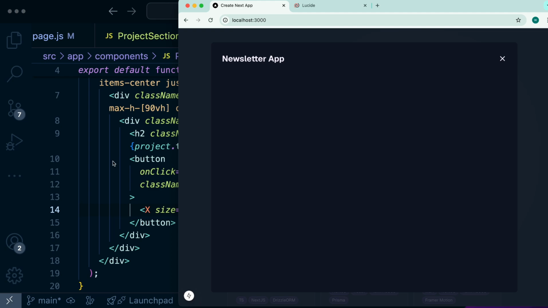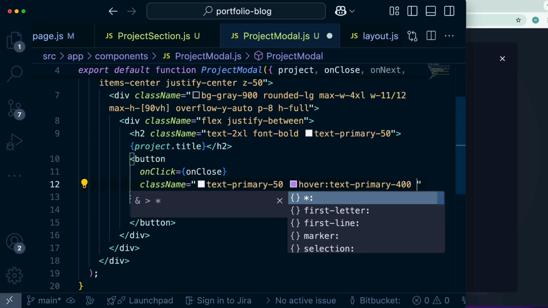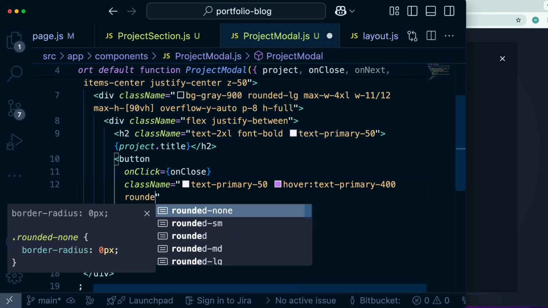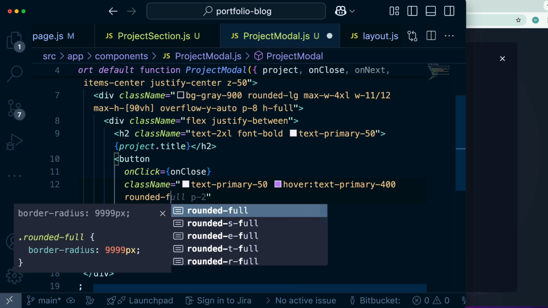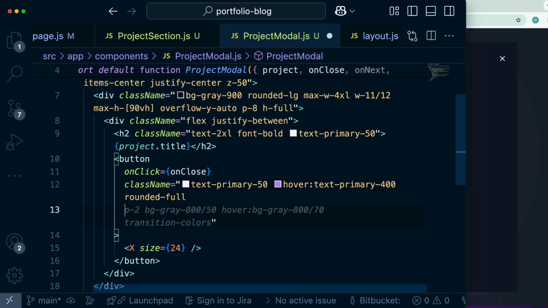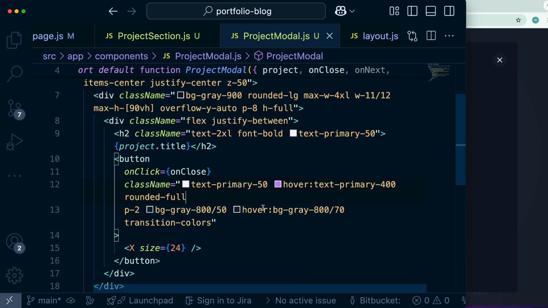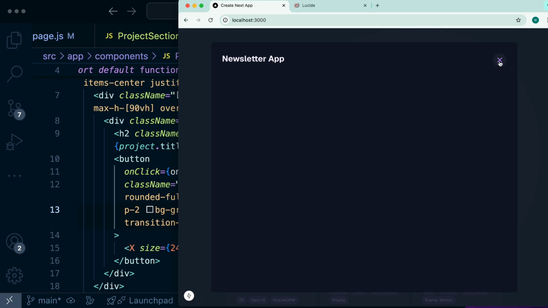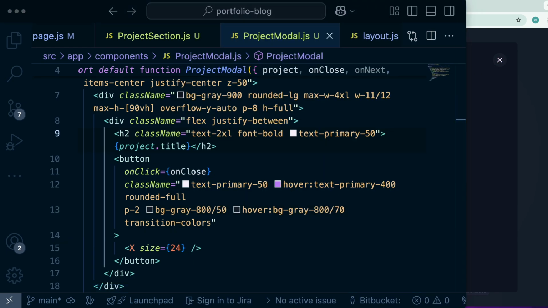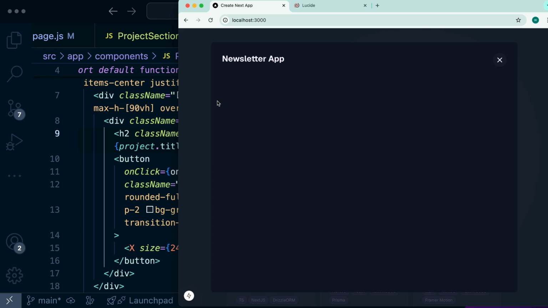All right, that just changes the color, but I want to do first rounded full. Padding, let's do 2, and on hover the background becomes 870, so opacity increases, so it should become darker. All right, that's good. Now before we display the image, what I was also thinking of displaying in terms of